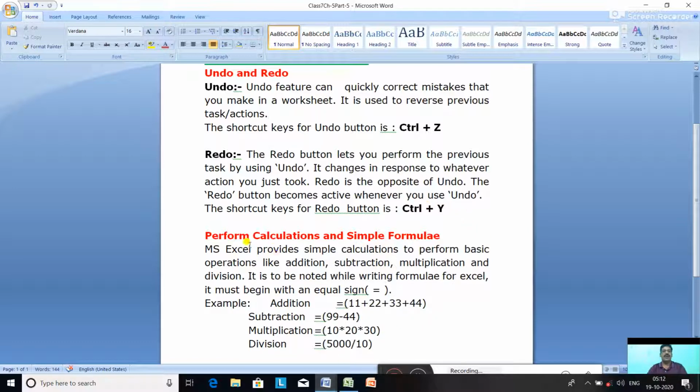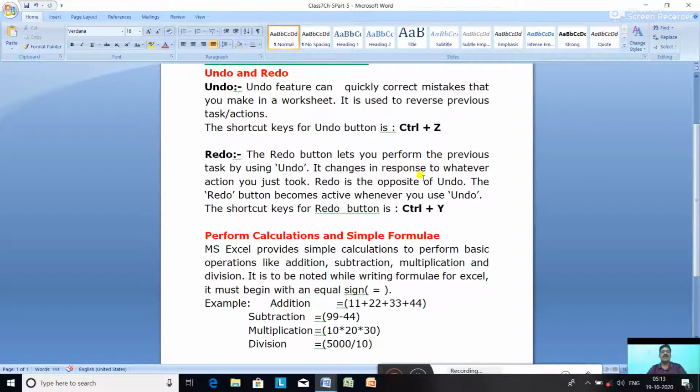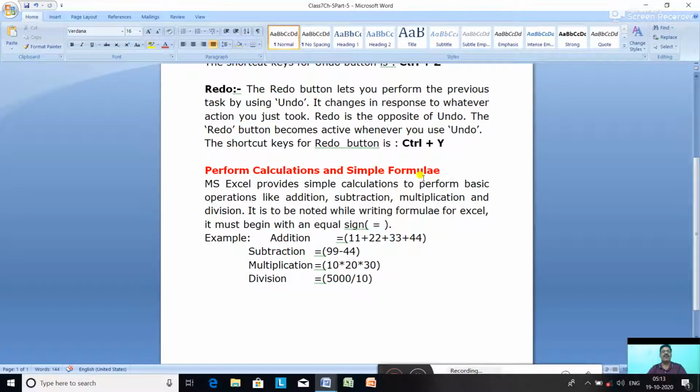Now, to perform calculations with simple formulas, what do we have to do? MS Excel provides simple calculations to perform basic operations like addition, subtraction, multiplication, and division.